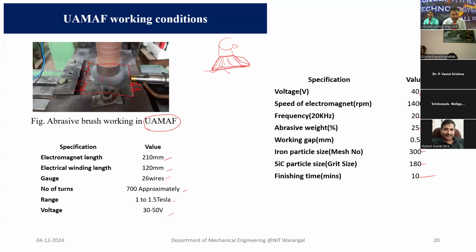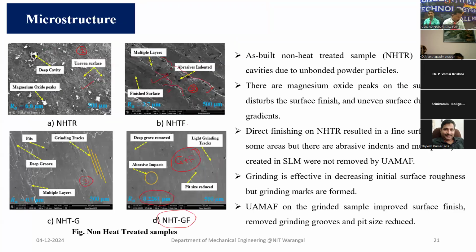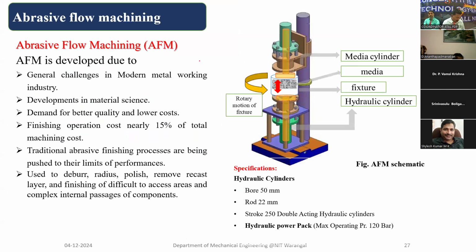But if the workpiece shape is like this or something like this, then there is no variation. So it will apply more pressure here, and less pressure here. So this process has a certain limitation, especially for additive manufacturing components. Of course, we are able to use this process for irregular shapes also. But if you make this brush flexible, or dependent on the shape of the workpiece, then it is more useful. So that is why the next advancement in this process is abrasive flow machining.